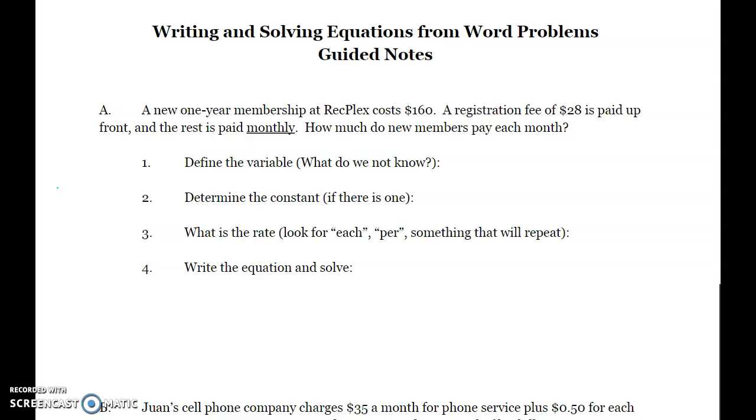Hi, this is Fred. I just want to make going over today's lesson. So today we're learning about writing and solving equations from word problems. We're going to go through a couple examples together, and then you're going to do them on your own